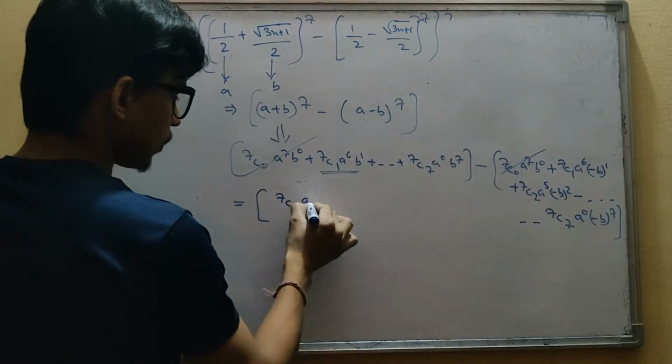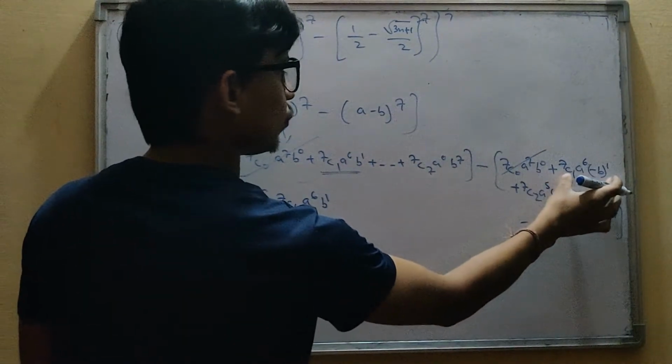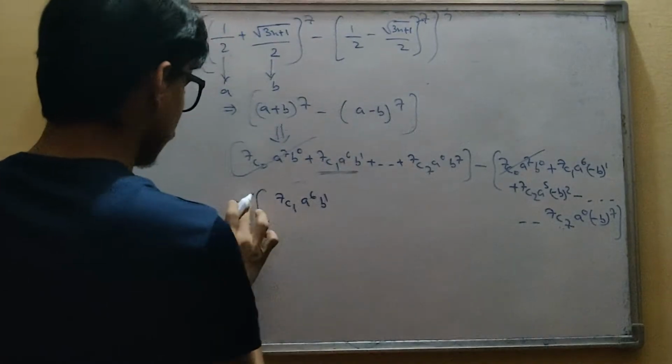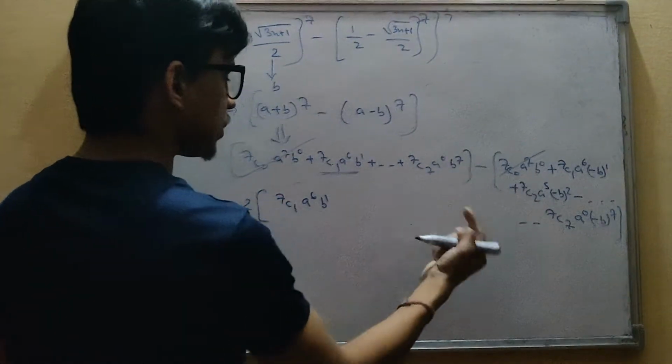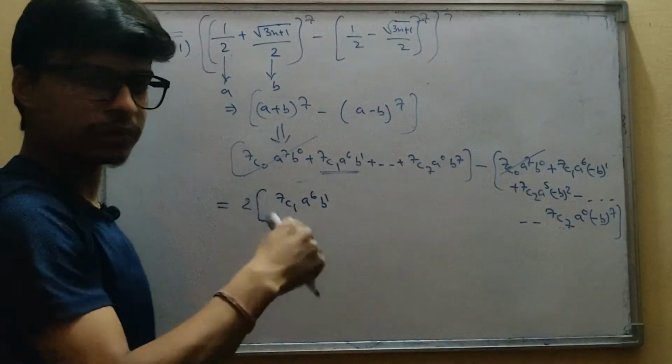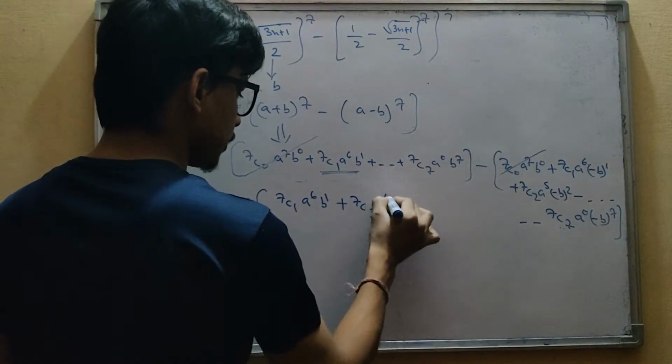Now a to the power 6, b to the power 1, right? And here both are going to be the same, so I am going to put a double over here. You know that, right? Because this and this are going to be the same, so these 4 terms will be repeated. Now the next term is 7c3 a to the power 6 and b to the power